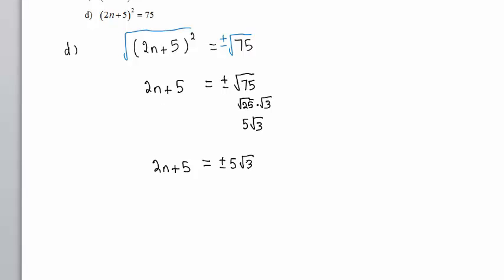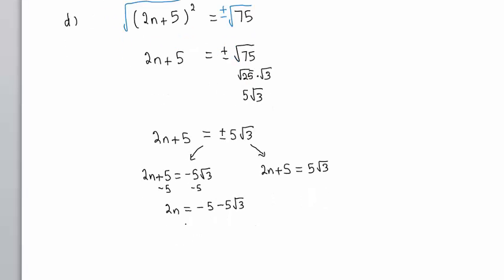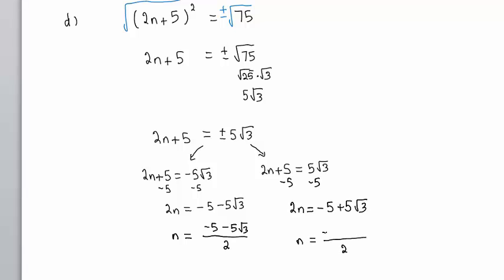This gives us two equations to solve. 2n plus 5 equals negative 5 square root of 3. And 2n plus 5 equals positive 5 square root of 3. If we subtract 5, we have 2n equals negative 5 minus 5 square root of 3. And dividing both sides by 2, we get n equals negative 5 minus 5 square root of 3, all divided by 2. Similarly, for the other equation, we begin by subtracting 5 from both sides. We get 2n equals negative 5 plus 5 square root of 3. And dividing both sides by 2, we get the other solution,